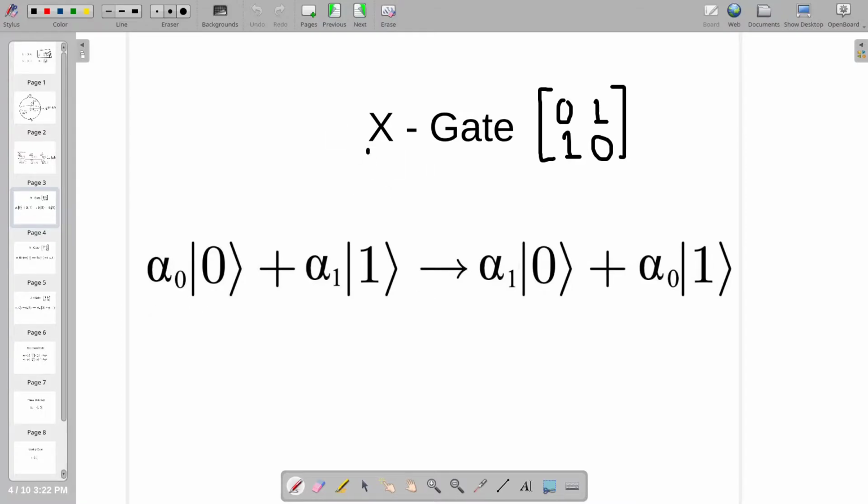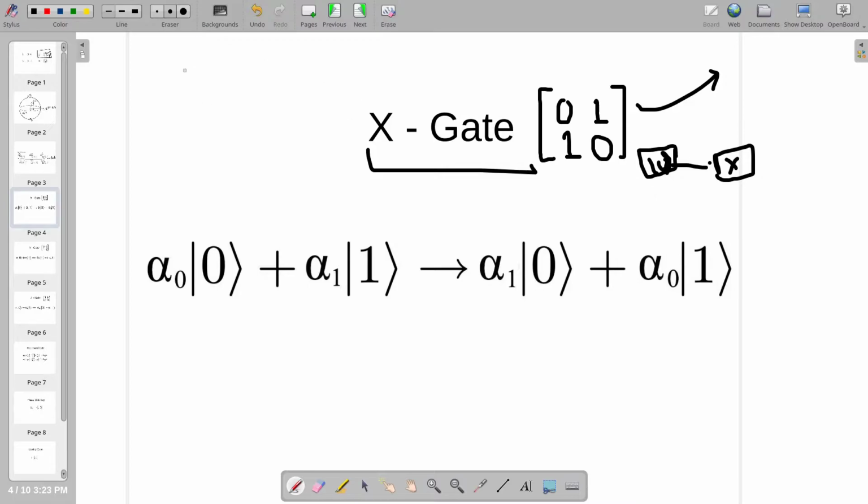So here we have the X gate and the matrix associated with it. In quantum computing, it is important to know the matrix associated with the given gate, because the matrix is what conveys to us the intuition about how it changes the state of a given qubit. So basically, if we apply the X gate on a given qubit, this means nothing but this matrix will be multiplied by the matrix associated with the state of the given qubit.